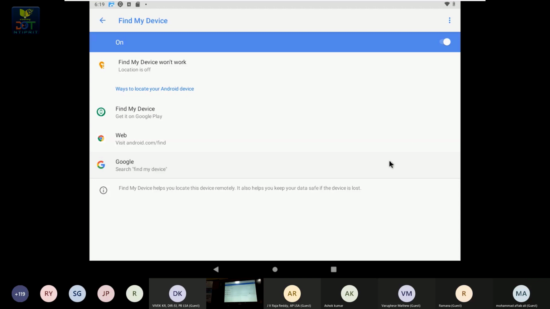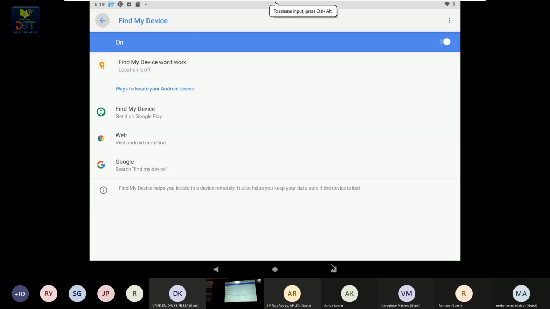What it is doing is, as soon as Find My Device is switched on, it links your phone to the Find My Device application with the email you gave at the time of signing in to the Android device. Whenever you purchase a new phone and start it for the first time, you need to sign in with your Google account. That Google account is used to link your device with the Find My application. Once you do it,